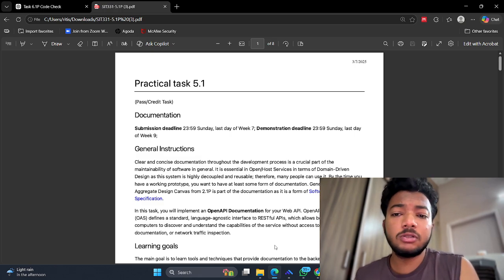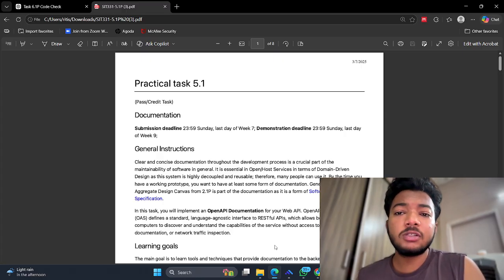like Postman or Insomnia. So the task requires us to install and configure Swashbuckle in the ASP.NET project, customize the Swagger UI with a different theme and a Deccan logo, add author details, name and email, to the OpenAPI info section, enable XML documentation comments and link them to Swagger, write XML comments, summary, parameters, remarks for every API endpoint, and submit Program.cs and the generated XML file and the Swagger JSON file.